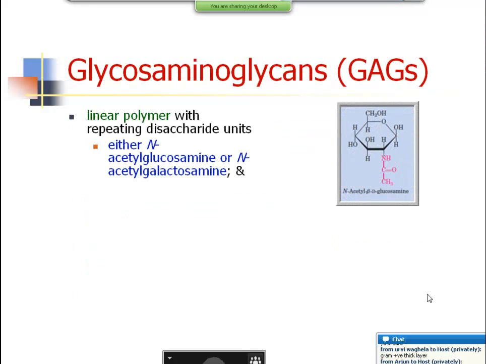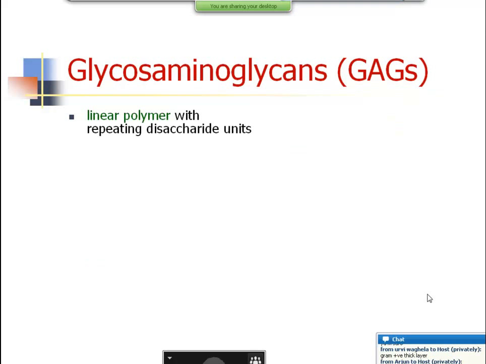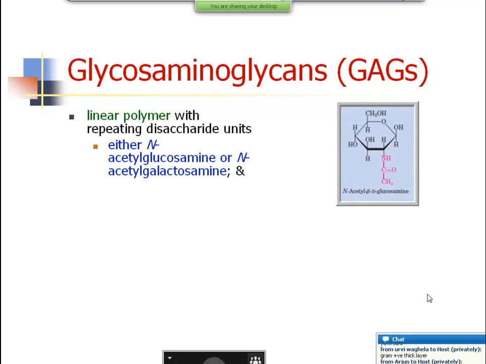Alright, so what are they? How do they look? These are linear polymers. That means there is no branching, and the repeating units are disaccharide units, not monosaccharides. So what are the disaccharides? Let's see those. One is N-acetyl glucosamine or